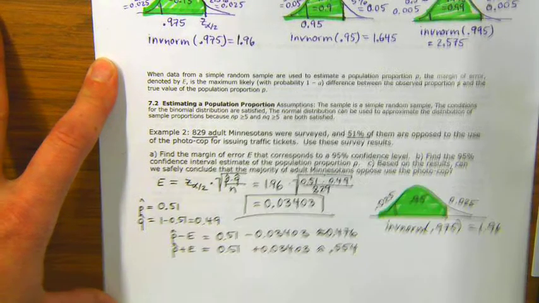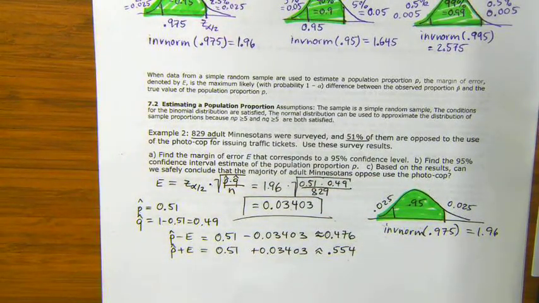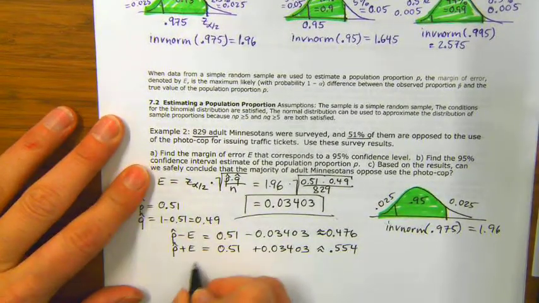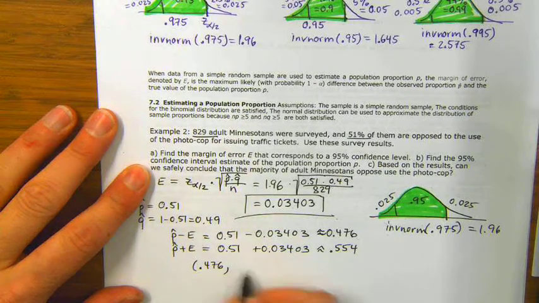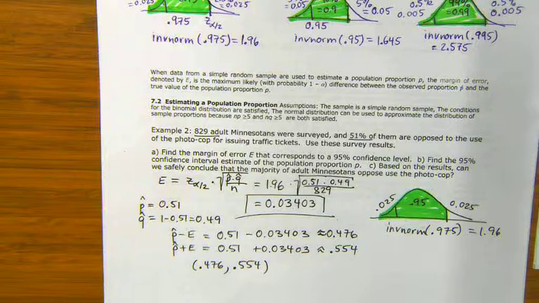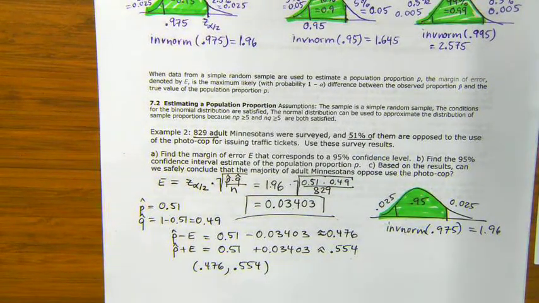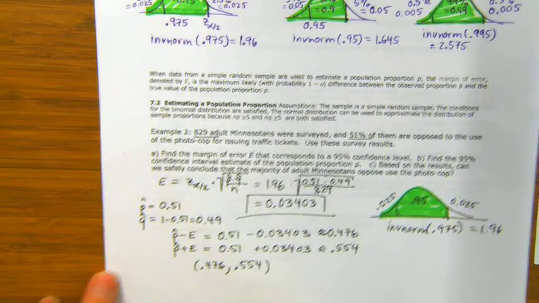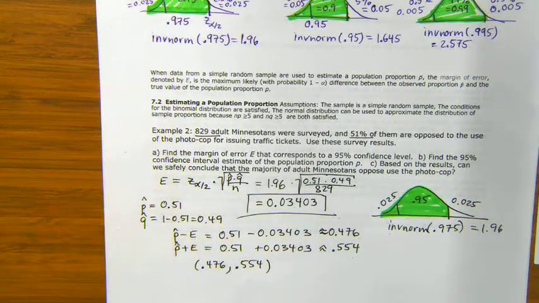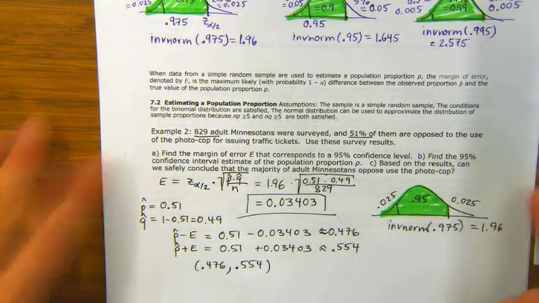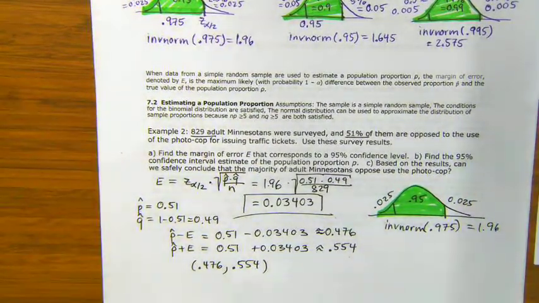So our lower interval is 0.476. Our upper is 0.554. So I can now say I'm 95% confident that the true population proportion is between 0.476 and 0.554. So meaning if I took 100 samples from the same population, 95 of them would include that population parameter, and